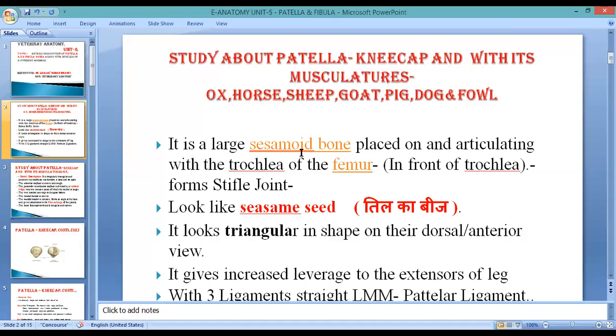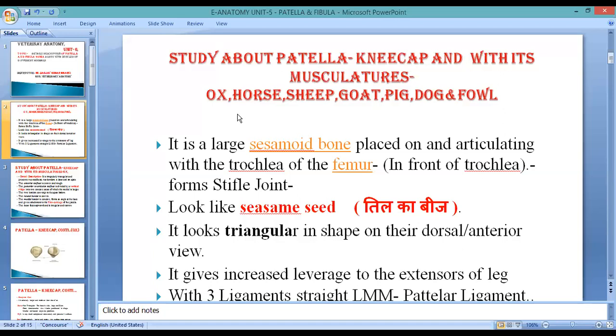We must be aware that during the classification of bones, we classified bones in different categories: long bone, small bone, irregular bone, short bones, splanchnic bones, and sesamoid bones. In our body, in human beings or in animals, two major sesamoid bones are present. In the fowl, the humerus is called a sesamoid bone, and in other animals the largest sesamoid bone is called the patella. But some sesamoid bones are also present in the posterior and coffin regions. We will discuss them later on.